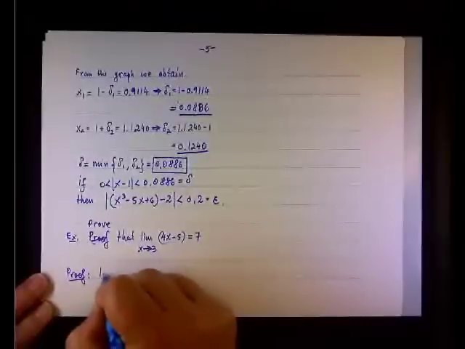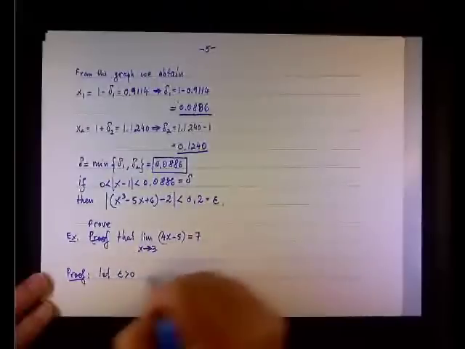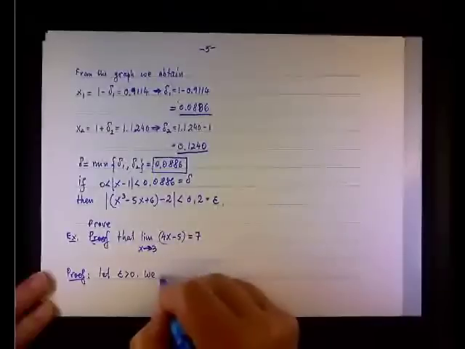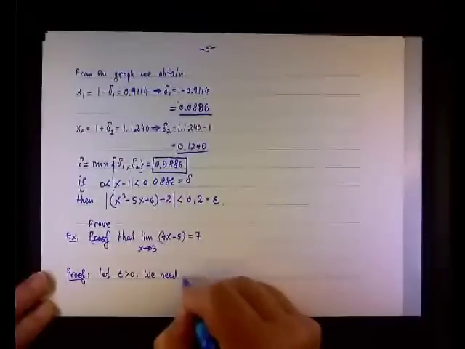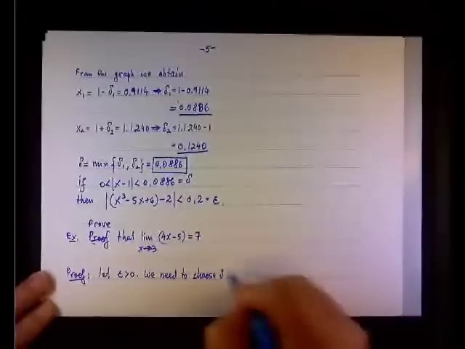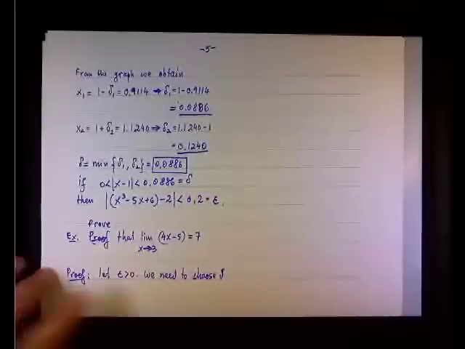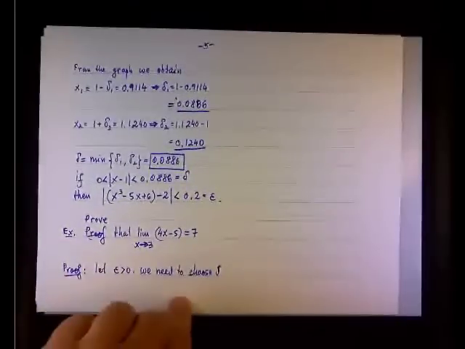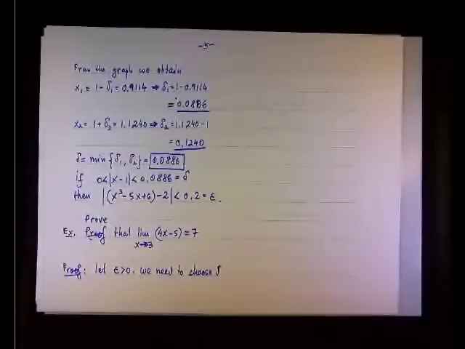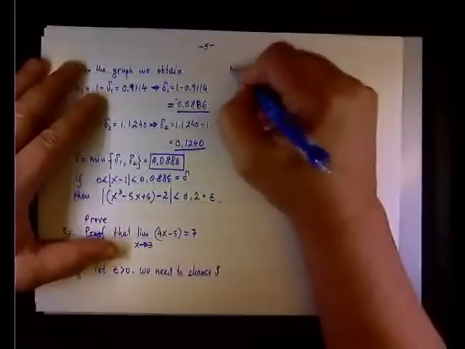What we really need to do is let epsilon be some positive value, and first we need to choose delta. Okay, because the definition says that if we can show that for any choice of epsilon we can find the matching delta, then the limit exists. Okay, so now we need to show